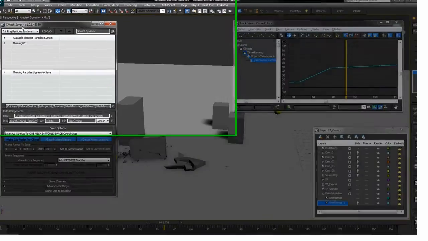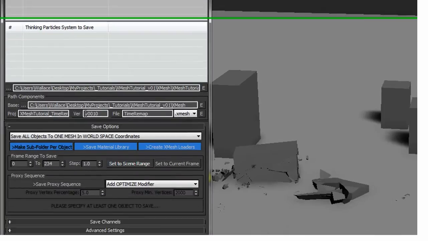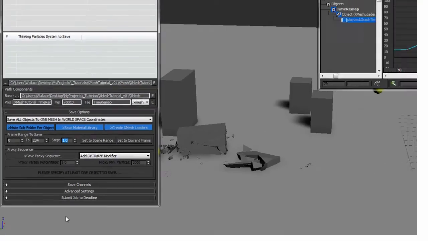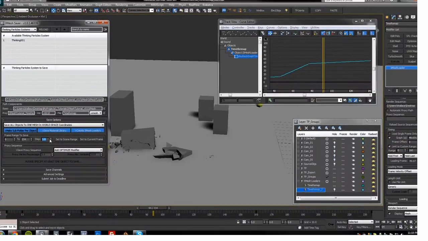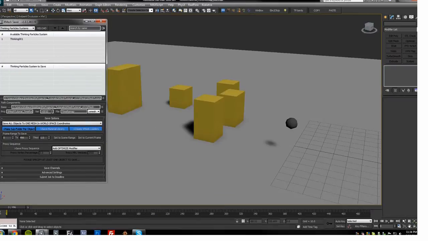Now this is XMesh 1.0.1. In 1.0.2, they actually changed this to a drop down, it's called, it gives you samples. So from 1 to I think like 200 samples, you have an option. In this version you can only go up to one substep, and actually it goes in reverse. So just to show you what I mean